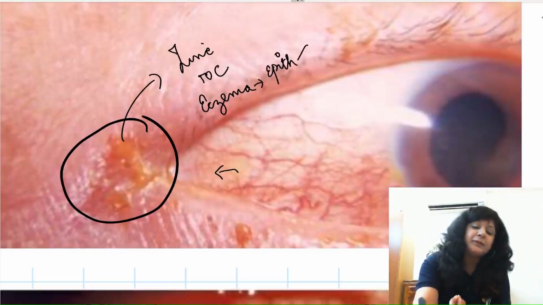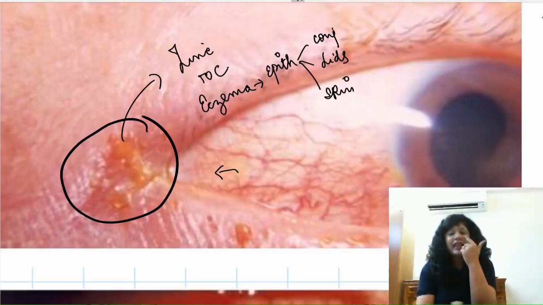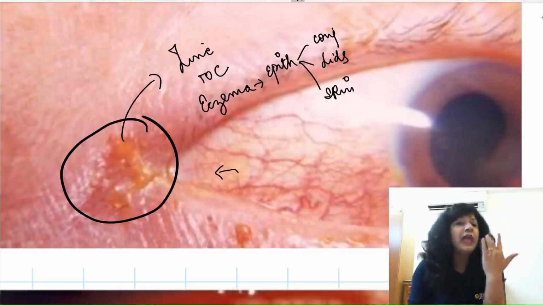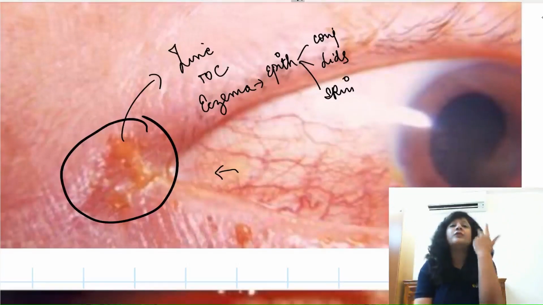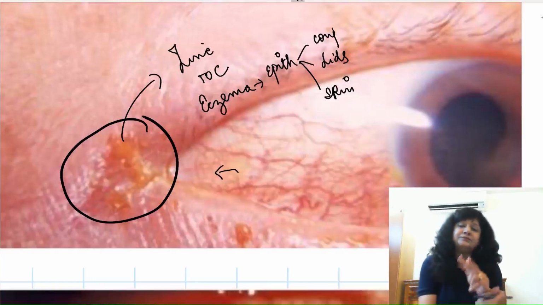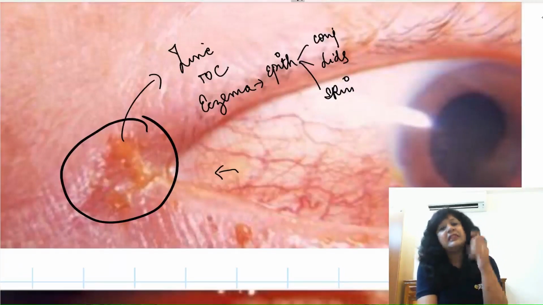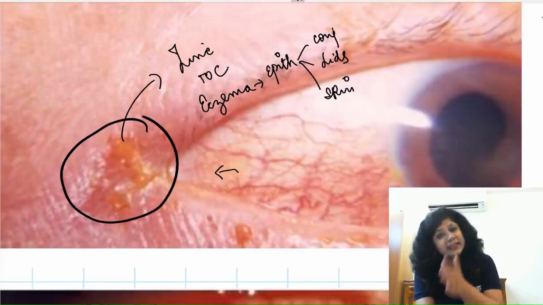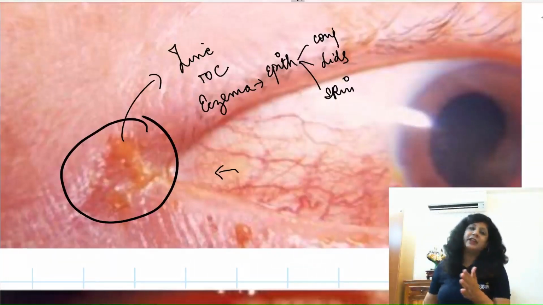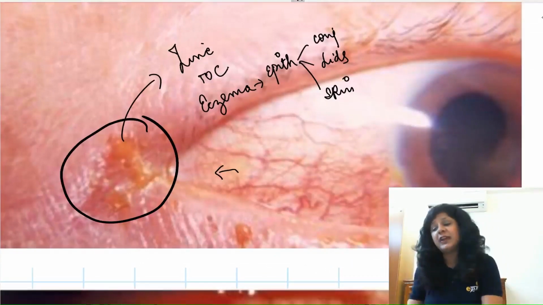Now, this epithelium can be in the conjunctiva also, in the lids also, and in the skin also. So, if you see here in this area, we have all the three present: conjunctiva also, the lid also, and the skin also, and that is why whole of this area is excoriated. Now, why we are preferring the zinc here? The reason is that here we have a problem with the epithelium, and zinc helps in epithelial healing. That is why the treatment of choice here is actually zinc. So this was your angular conjunctivitis.